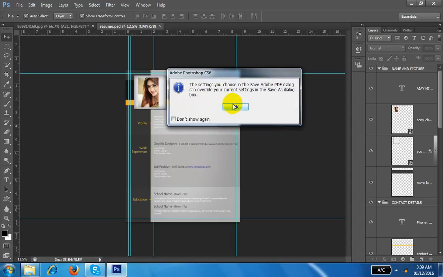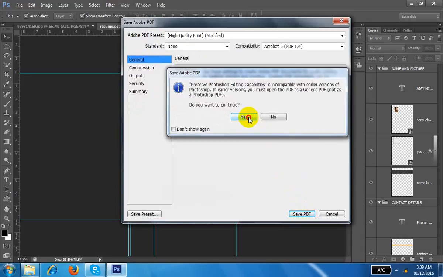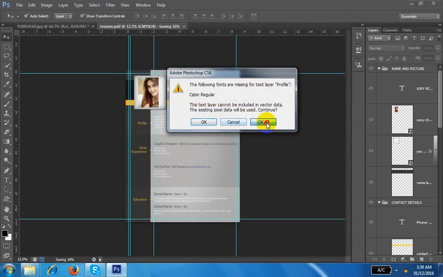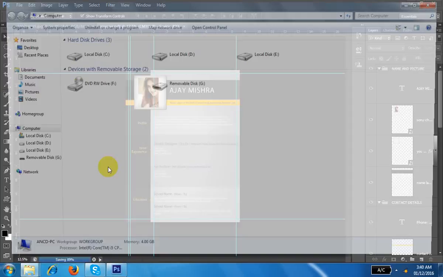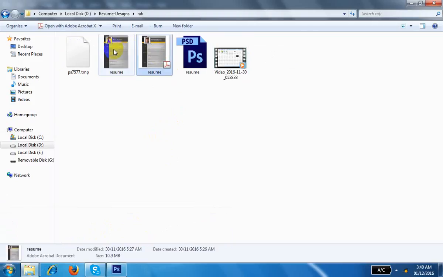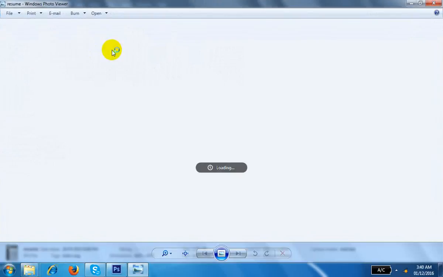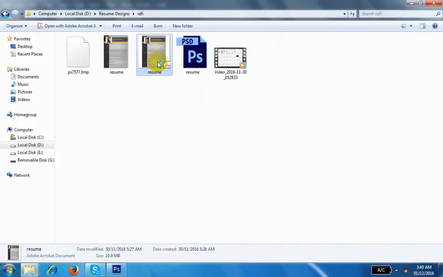This file, one copy is already there. Okay, then this one, and this is the journal information, you can save. Okay, understand? So again I am going to the same folder. I think this folder is already there. So this is our JPG file. This is the JPG file. You can see this file. Okay, and this is your PDF file. So you can send this file anywhere.